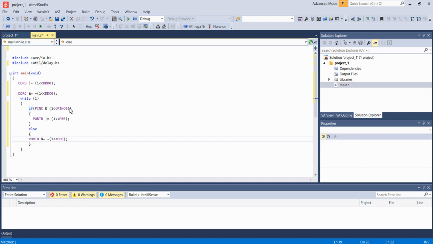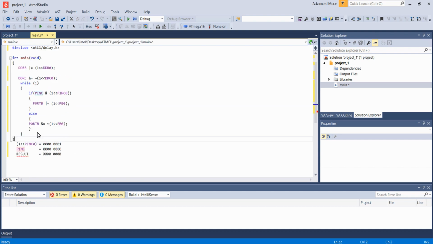That's it. You can see this PIN register is used for reading the status of the input pins. So let's try to understand this statement. That is, this one left shift of PC0 is nothing but 00000001 in 8-bit data. And initially let's consider PINC is 00000000, and the result of the expression will be